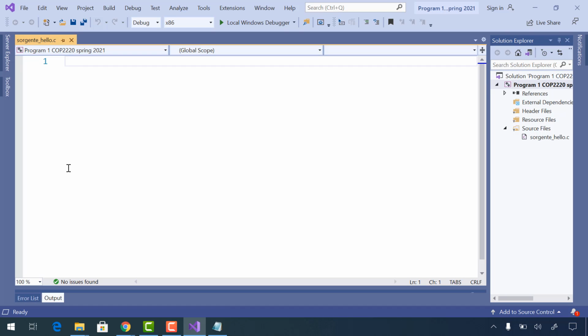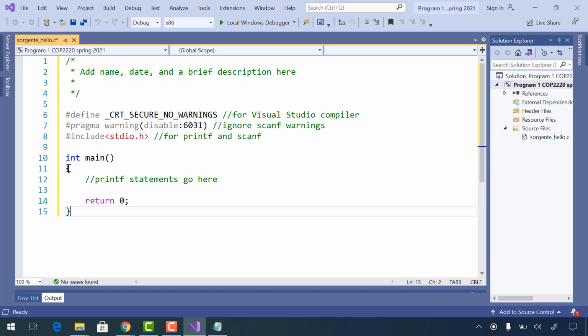Source code is just a plain text file and can be opened with Notepad. And you need to create a valid project and put the source code into your project. You don't launch Visual Studio with a .c file. It will not make a proper project. So then I paste it in here, and you need to add your name, date, and a brief